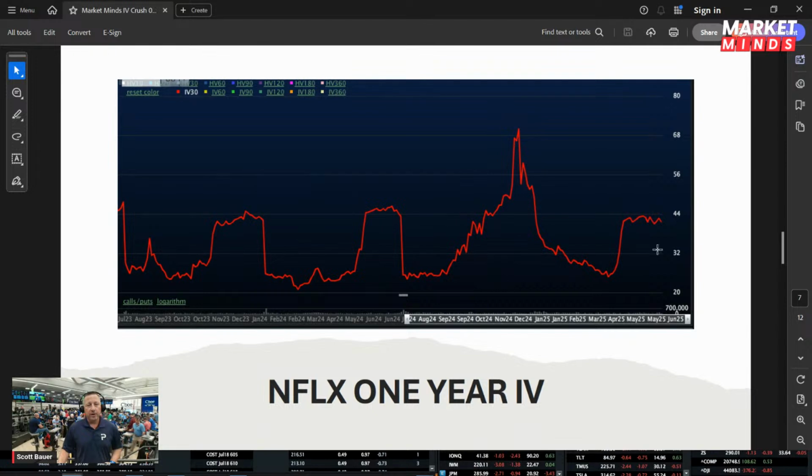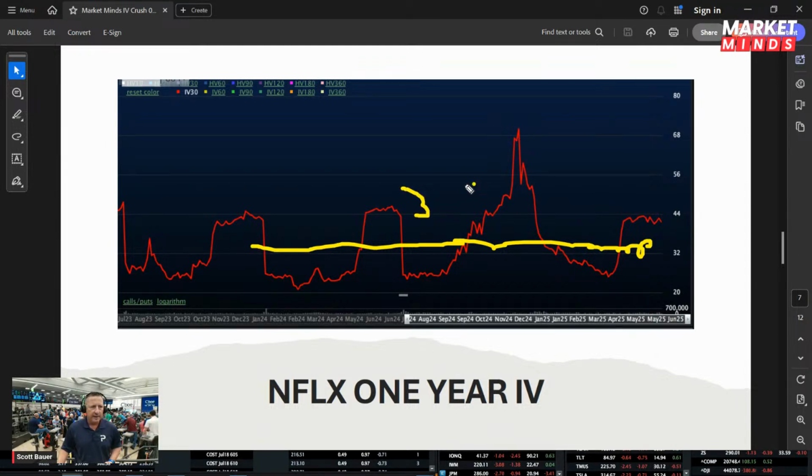So if we were to look at this and say, okay, what is over this period of time, which is 1 year, what is a kind of fair implied volatility? If we were to draw kind of the midline, right? I would say it's probably somewhere throughout here, maybe somewhere in the mid 30s. Okay, let's call it 35%. Okay, everybody following along? Everybody see that?